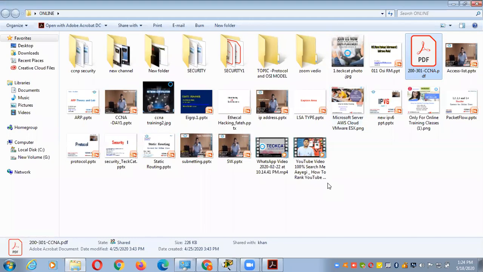Sir, the Packet Tracer that you are teaching us, can it be installed on our system as well to practice? Yes, no problem. Do you know how to install it? No, I don't know, so I'm just asking. It's available on the Cisco website, sir. Yes, easy to install. You can download this software from Google. It's called Cisco Packet Tracer.